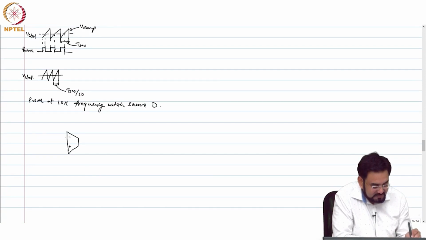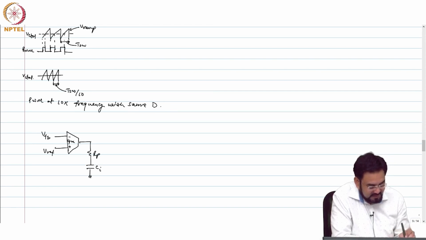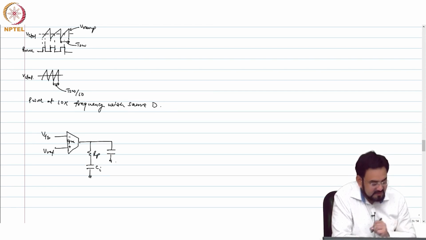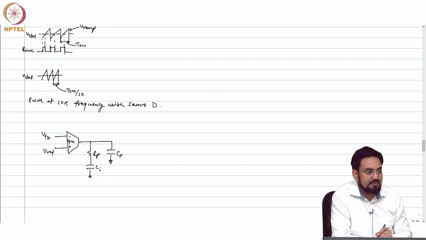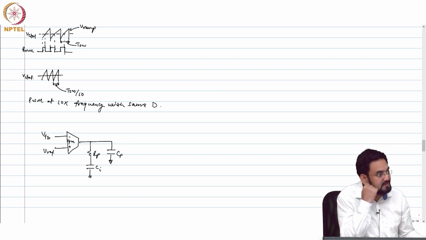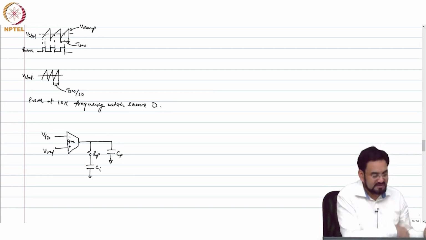So this is your GM, VFP, VREF, CI, RP. If you remember, we need a small cap here. If I call it CP, this will have a pole at 1 over RPCP, and that is outside your UGB, and it will be closer to your switching frequency actually.